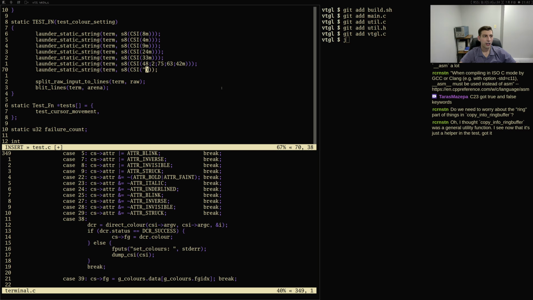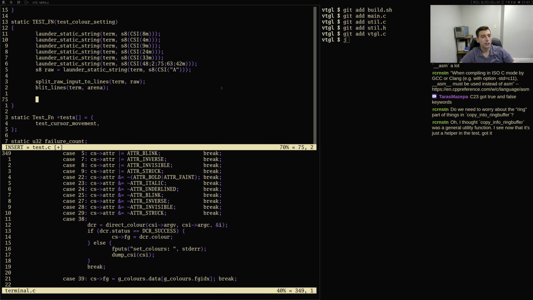We will just print a character now. Let's print A, doesn't matter, just any random character. We'll do this, and then we're going to make a cell here. Our cell is going to be